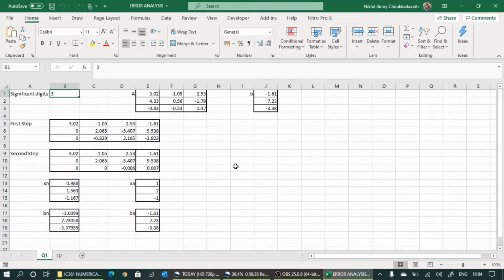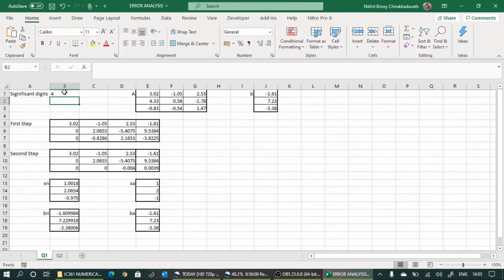So instead of 3, if I use 4, these two will not change because this one is the actual solution and this is the actual output. Just go through these two values if I change them. What is happening? This one is 1.0018, this is 2.0654, this is minus 0.975. This means the error is reduced. Am I correct? We can't say it is negligible, but the error is reduced. Still, look at the numerical output: A into this one is Bn, and it is very near. These two values are almost near, right?